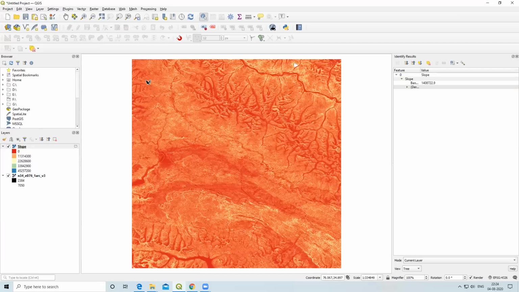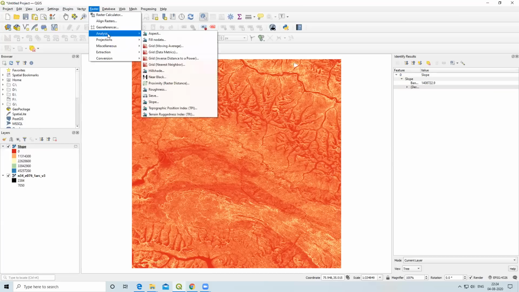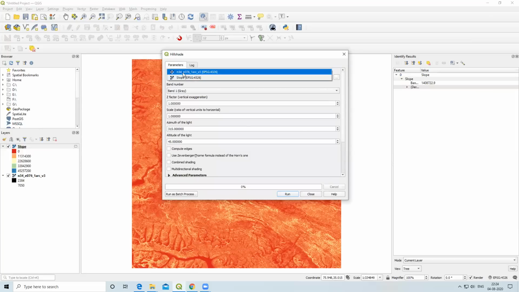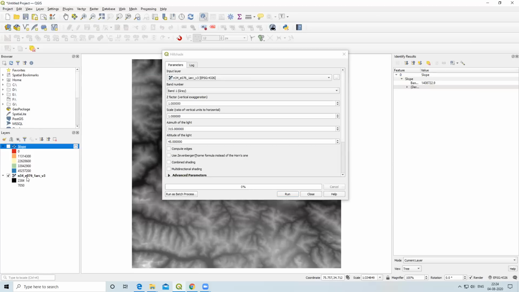To prepare a hillshade map, I will click on raster, then analysis tool and hillshade. So I will click on hillshade. The input raster is our DEM image. So I will close this slope image. After that I will increase the Z factor. You can increase to 5, 6, 7 as per your wish, because I want to see some exaggeration. So I will type 5, you can add 6, 7 as you want exaggeration. Other things I will keep as they are and I will run.